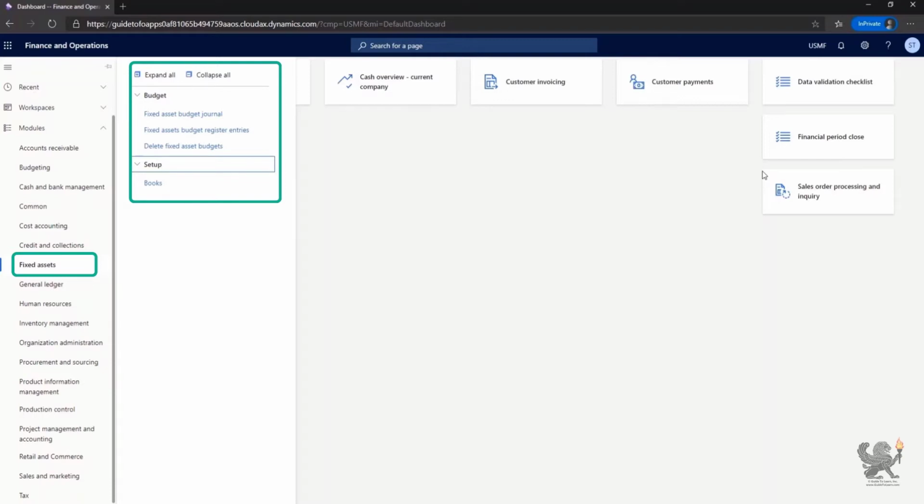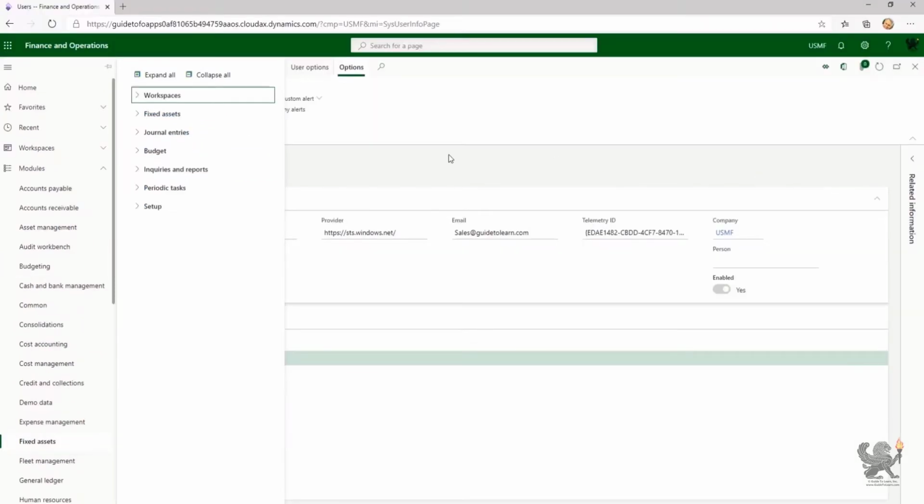Now you know, depending on the user and association of that user to a role, which includes duties, privileges, and permissions, I see fewer or more menu items, forms, and actions that they can perform within Finance and Operations. By switching back to the administrator's instance, within the fixed asset, I can click on the workspaces or any other